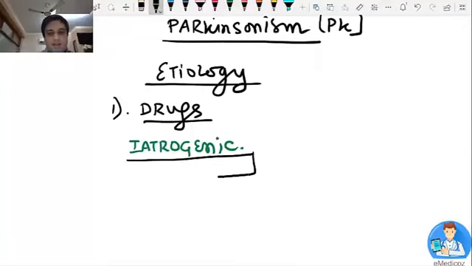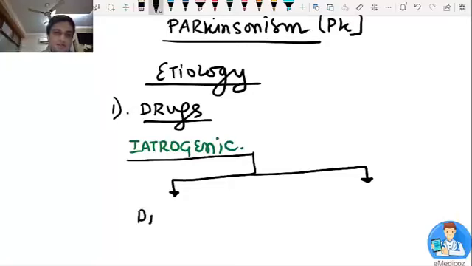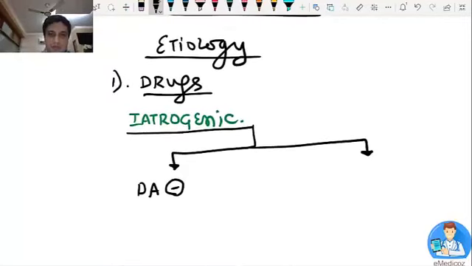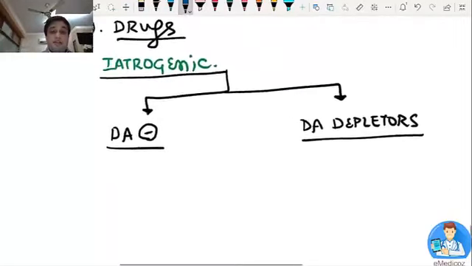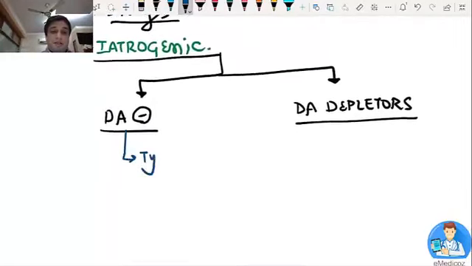So remember the iatrogenic cause when I look at it in Parkinsonism, it can occur in two ways. Either by the use of certain drugs which are dopaminergic antagonists, that means they are blocking the central dopamine receptors for me, or maybe drugs which are eating away the central dopamine, which are known as the dopamine depleters for me. Now when I look at the dopaminergic antagonists, that means they are directly blocking the central dopamine receptor. What are they? One that I know is a typical